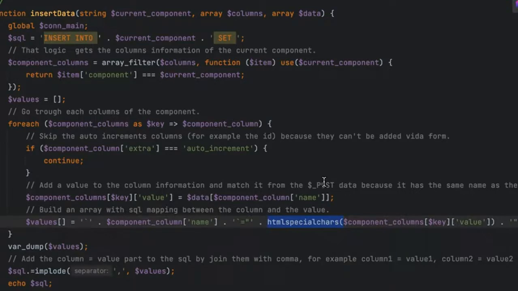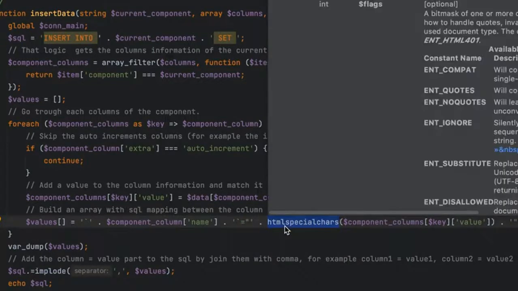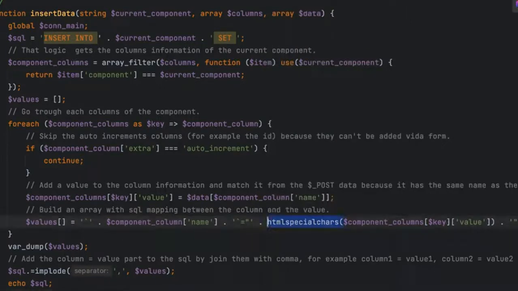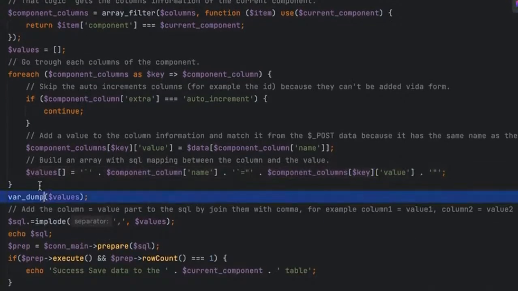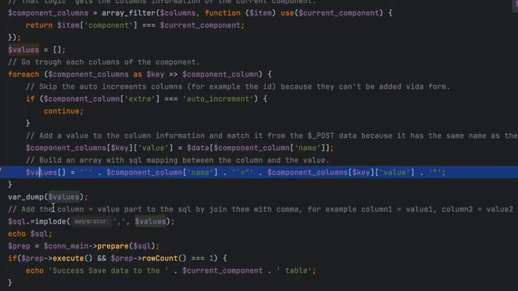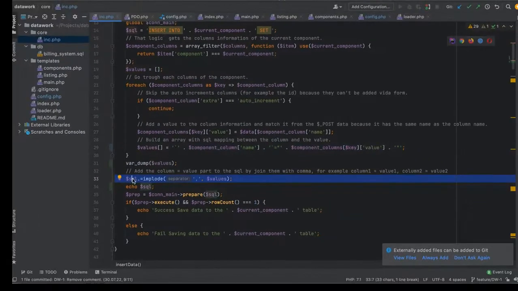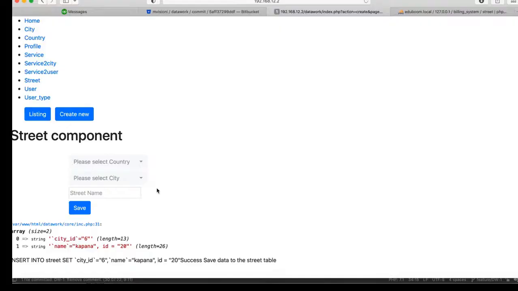we can't be sure that each developer will process the values to be more secure like that. So imagine if we don't have the HTML special chars here, and this is the values that we send to SQL. This is the final value, and now